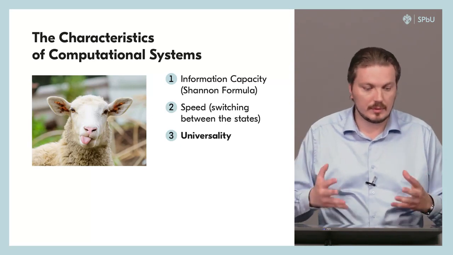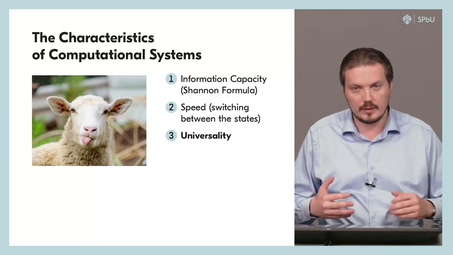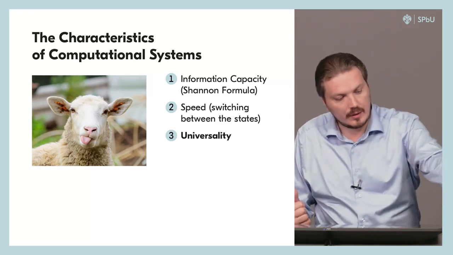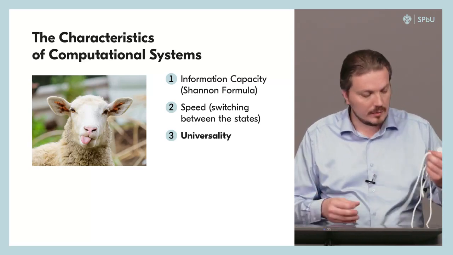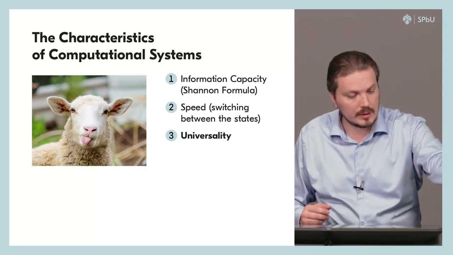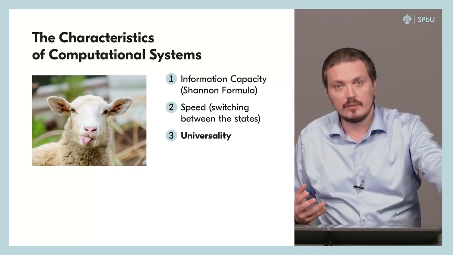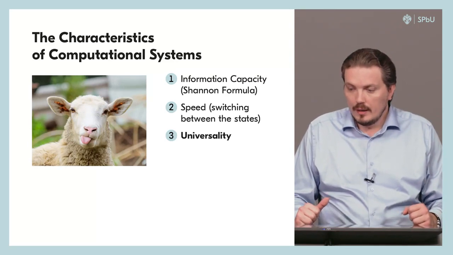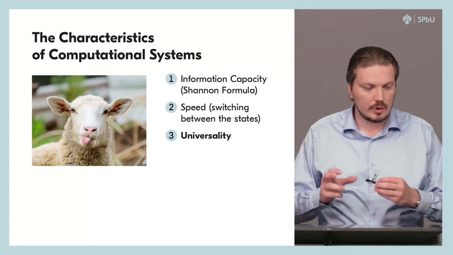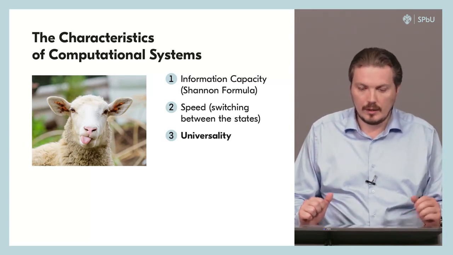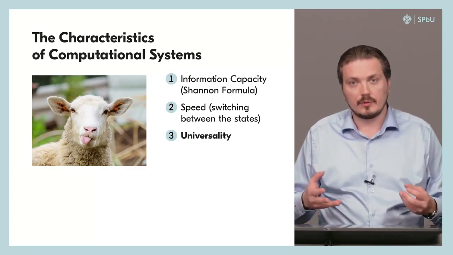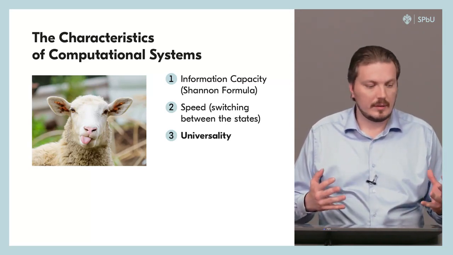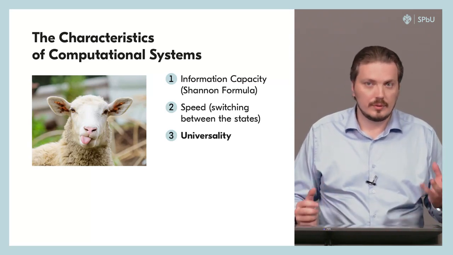Still, this computing device, this computing system, which contains two parts, the rope and the shepherd, works. And it even has some advantages. The main advantage is that the rope length is continuous. So if the number of sheep in the herd grows dramatically, and this length of the rope is not enough, the shepherd can choose to use shorter pieces of rope per sheep when he counts them. And he has no limit in shortening the piece of rope per each sheep. Okay, a system which has a parameter which is continuous is usually called an analog computing system, and it has two main drawbacks which obscure this advantage of